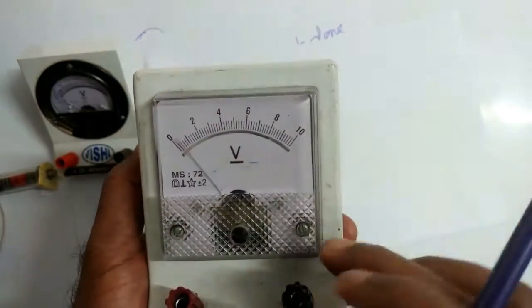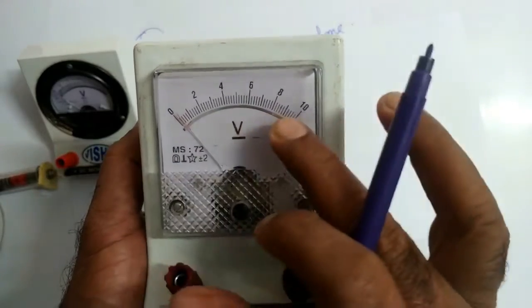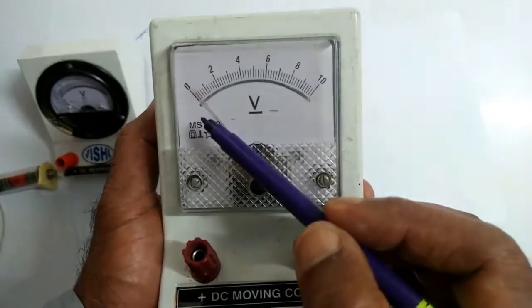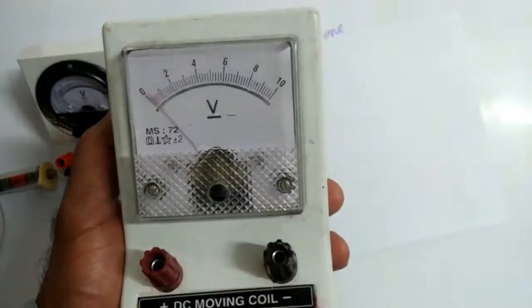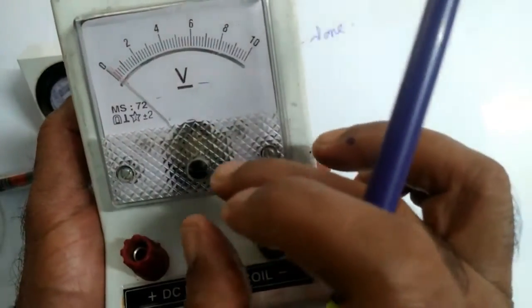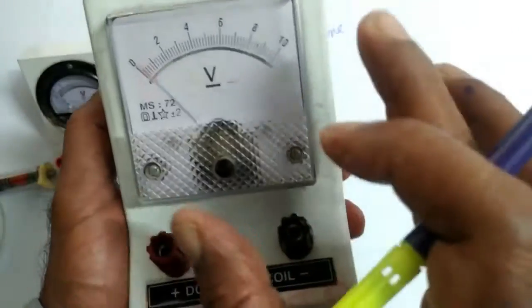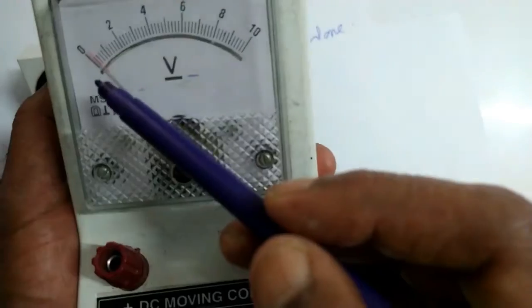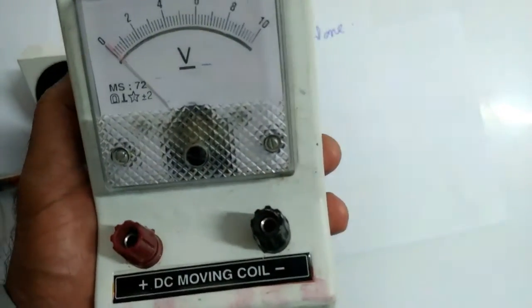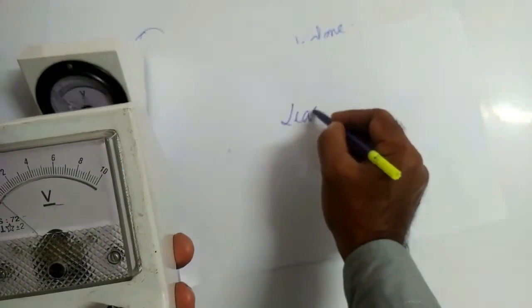First value is, look at this. This instrument has an error. Right? Because the needle is just ahead now. It is not at 0. Okay? Either you have to correct it by opening it and tightening the screw, or repairing it, or we have to consider that value and subtract it from the final value. Okay, but before that we should know what is the least count